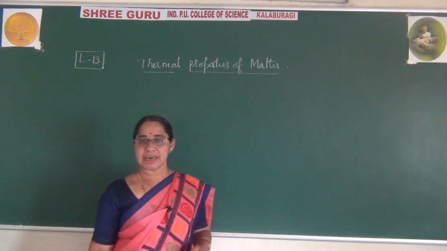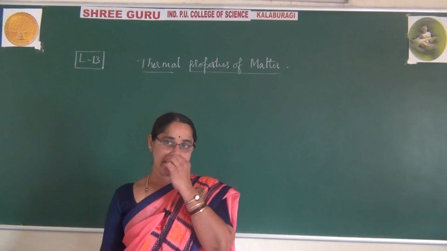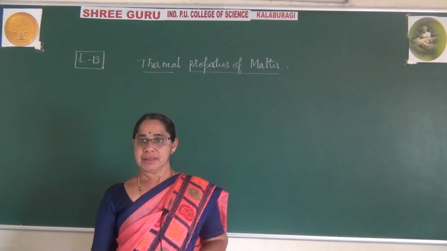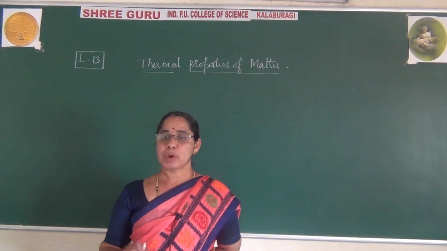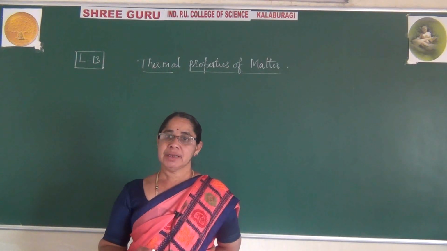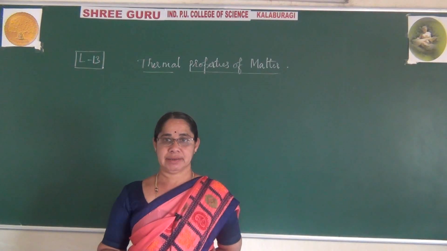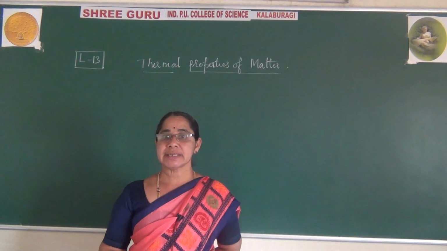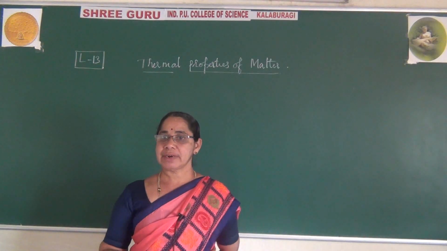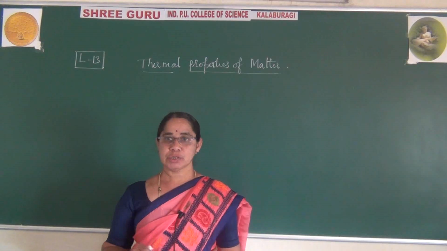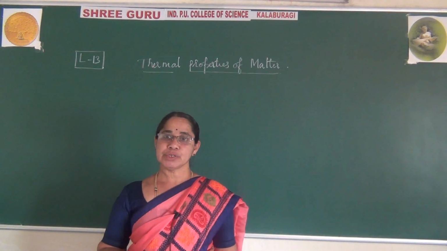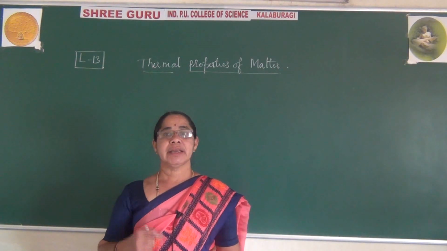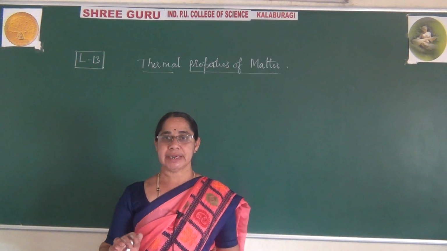In the previous class we learned the concept of calorimetry. There I explained that the process of measurement of heat is called calorimetry. The instrument which is used to measure heat is called a calorimeter. This we learned in the last class, and I also said the principle used in this, where we always come across that the heat gain is equal to the heat lost.